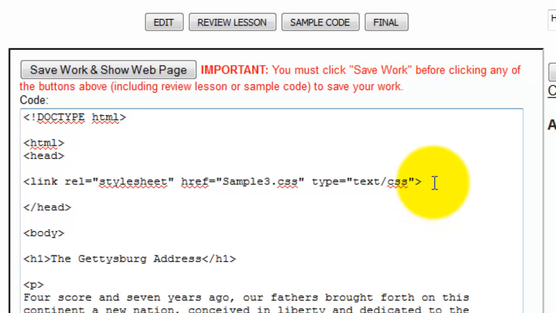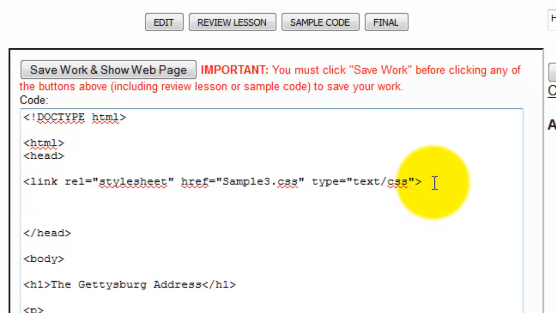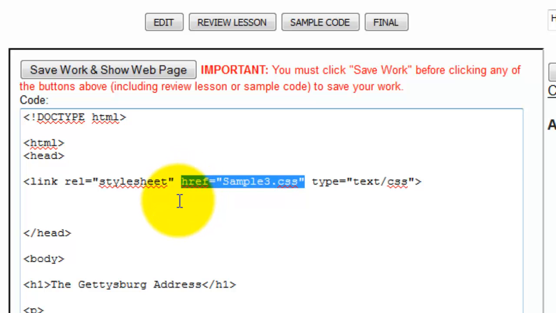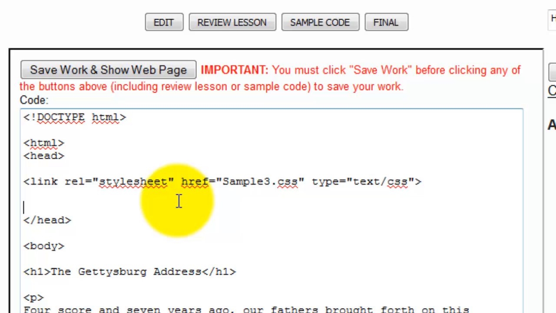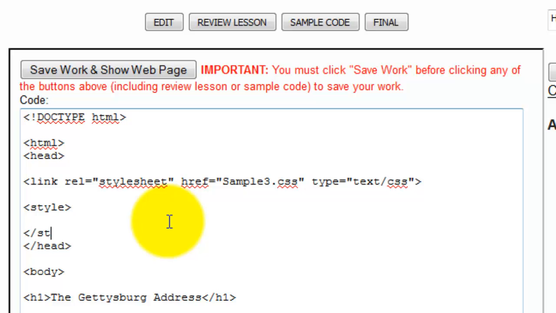Why is it called a cascading style sheet? Because you might have a style sheet that the whole website uses, and every web page references that style sheet right here. But on this one particular page, you want to have something different. So let's say that we're using sample 3, which does whatever color it does, but in this one we want the Gettysburg Address to be different on this one particular page. So what we're going to do is set up our own style sheet, and this is again an internal style sheet,